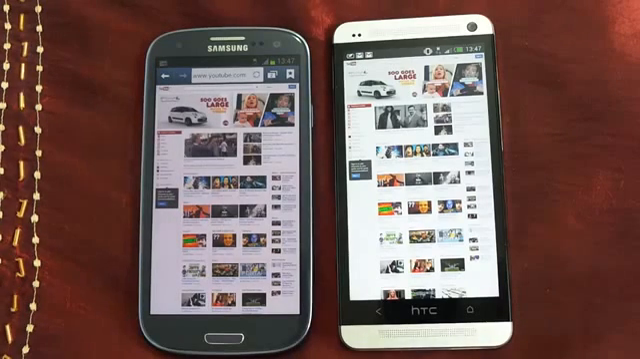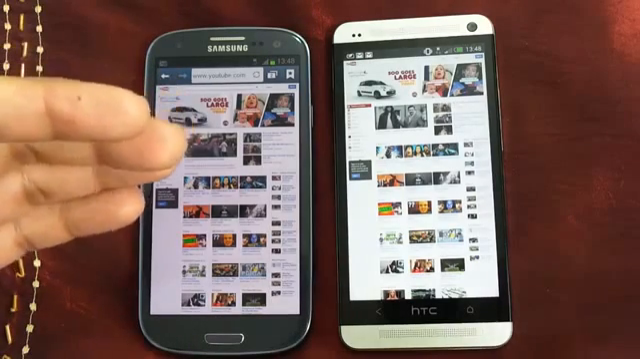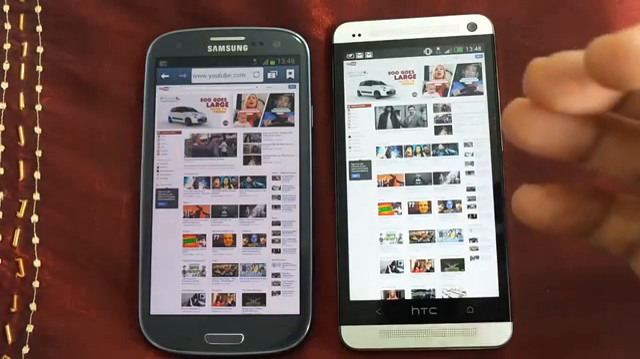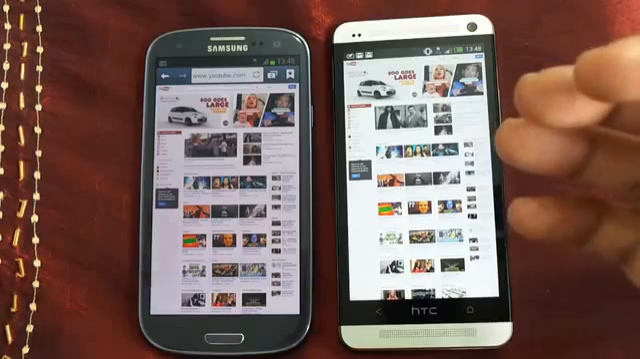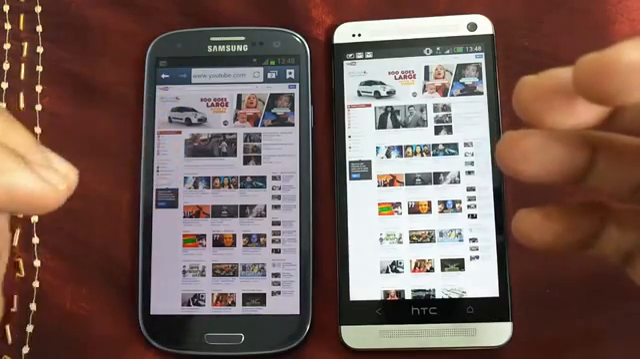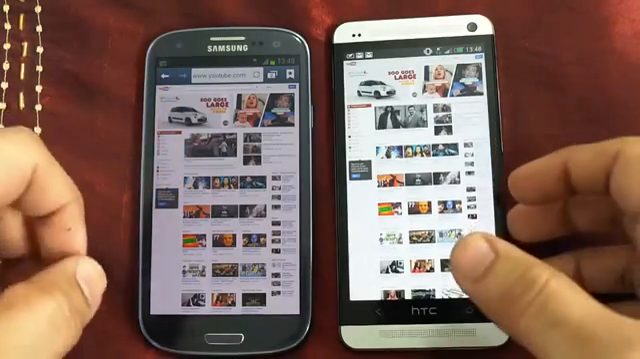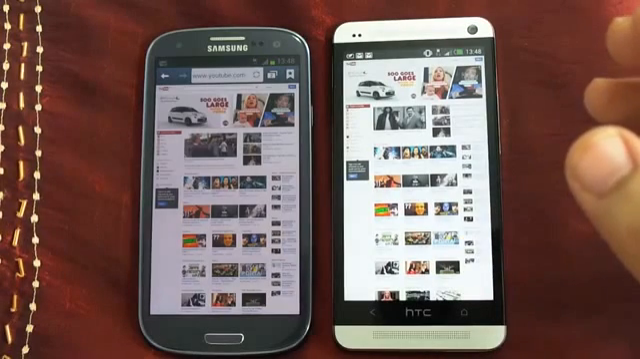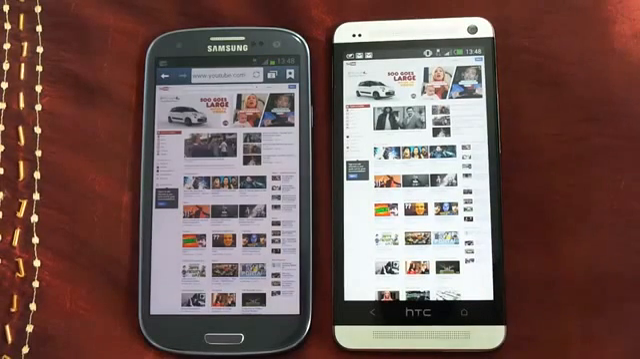Resolution also looks better on HTC One, and pixels per inch are looking awesome on HTC One in comparison to the Samsung Galaxy S3. The screen is brighter on HTC One, and you can see that color saturation is looking better on the Samsung Galaxy S3. But I think most of the times HTC One